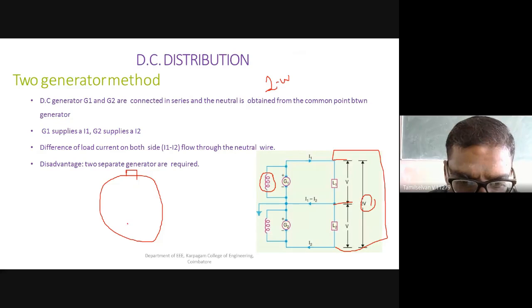Assume this is going to be of my generator. I am taking a lead. One is going to be of my positive terminal. Other one is going to be of my negative terminal. I am having of my